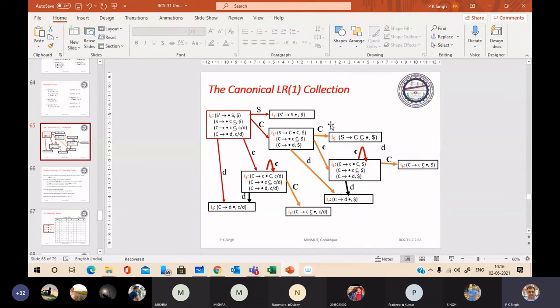You just see here I3 and I6. The core is same.